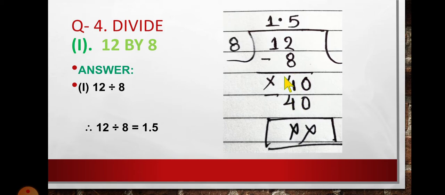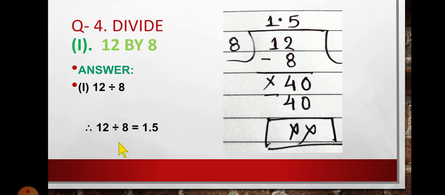Now students, this type of decimal division you already did in previous classes. You can see now there is only 4 and there is 8. We cannot divide because 4 is less than 8. Then what to do? We insert the decimal, then after that we insert 0. Okay. So 8 fives are 40.